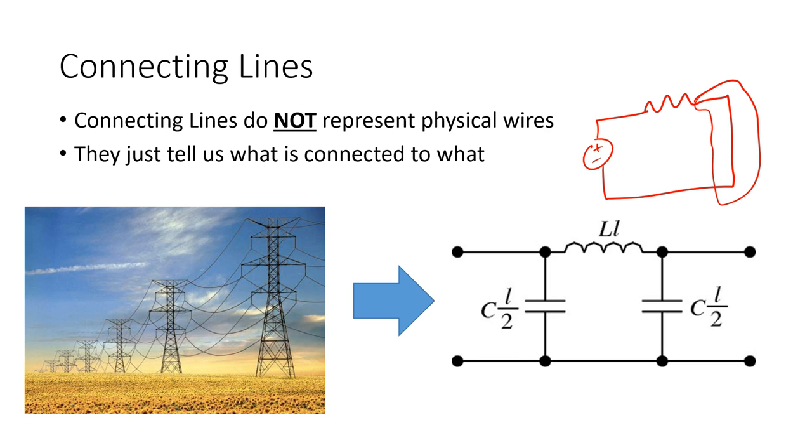So the connecting lines do not represent wires. They just tell us what is connected to what. So that is a very important thing to remember, and it will come in when we talk about the concept of nodes later on. Now, if you look at this circuit that I have drawn right here,